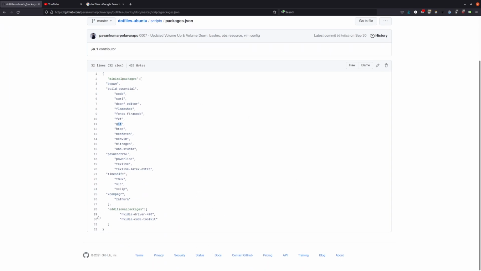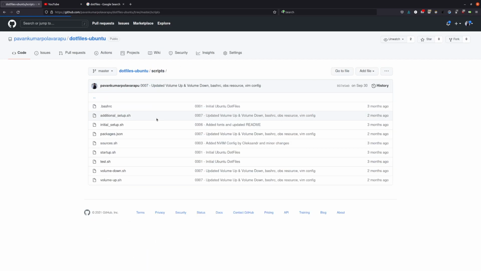So these are minimal packages, and apart from that, you might need something on top of it, only if you want it, or if it depends on system to system. So I maintain that as additional packages. So the initial setup script runs and installs those minimal packages, and I have an additional setup file that runs additional config,